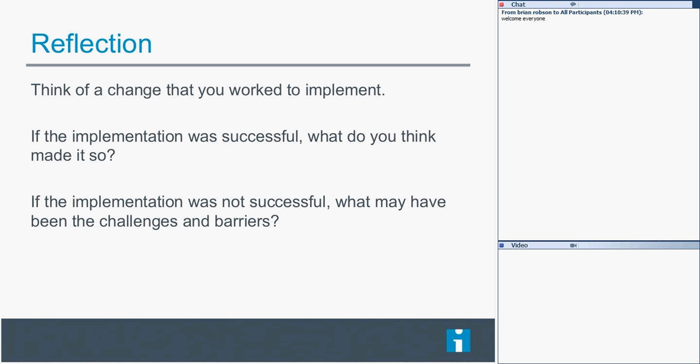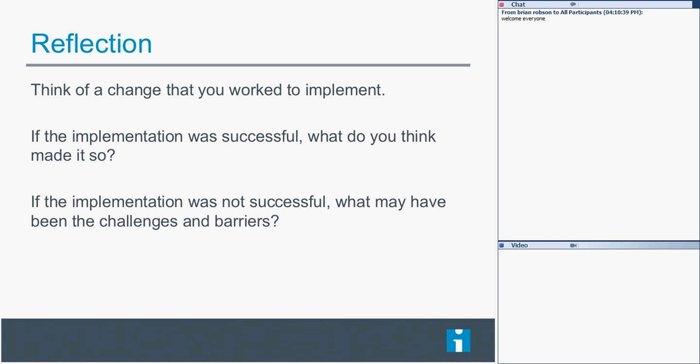Next slide, please. And Lisa, if you want to give me the ball, I can also advance the slides. So just as a start, a point of reflection, I always ask people to stop and think about something that they've tried for themselves, whether it be in their personal lives or whether at work, some change that they've tried to make, and whether or not it was successful.